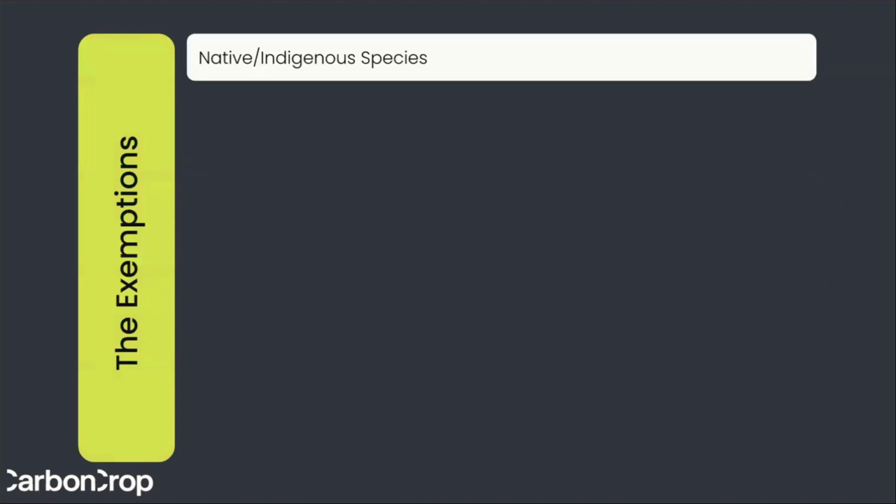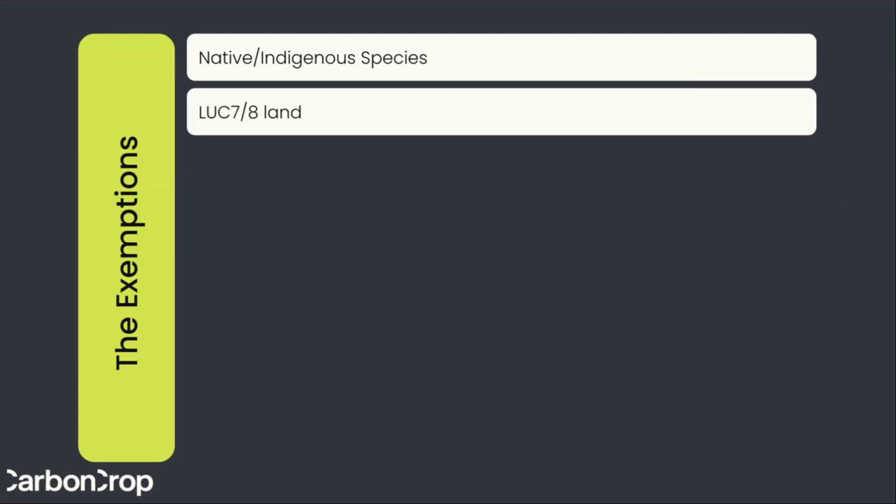The exemptions. Native and indigenous species are exempt in general. So this won't change your ability to register those. There is a little bit of a question of how native forest cover may or may not change the land classifications, so there could be a weird flow-on effect, but our understanding is that essentially what this means is that if you go to MPI with an application for registration of an area of indigenous forest, they will not be checking your application against these criteria because it's not captured by them.